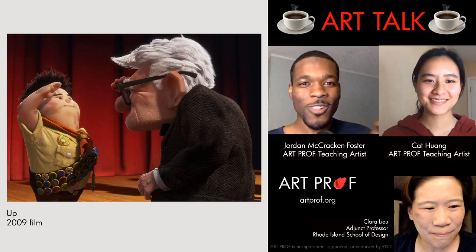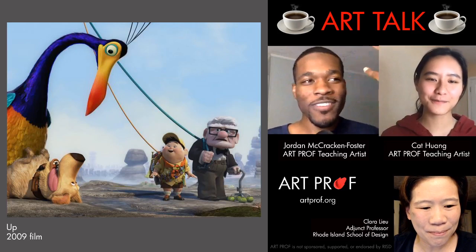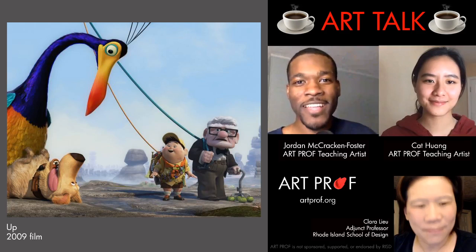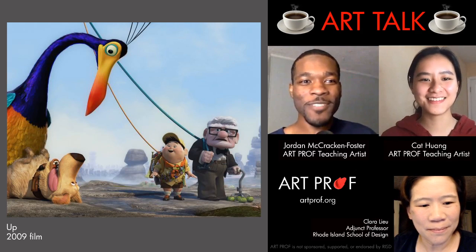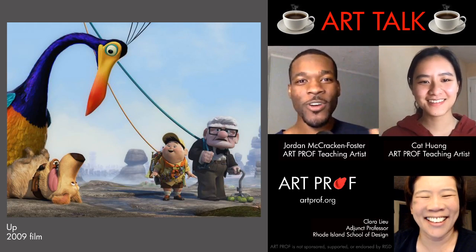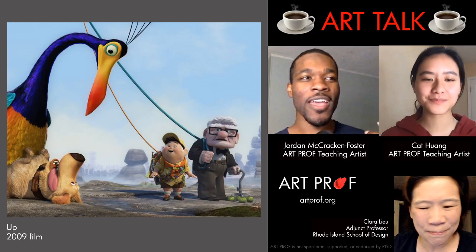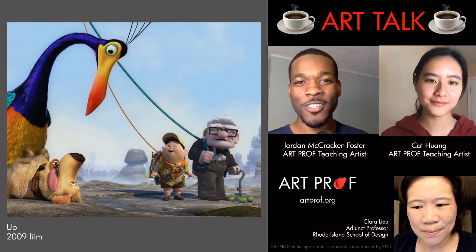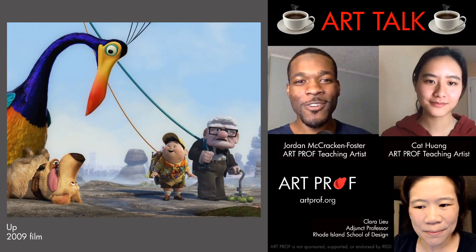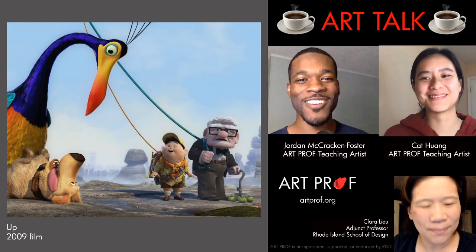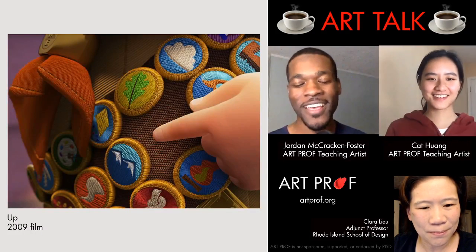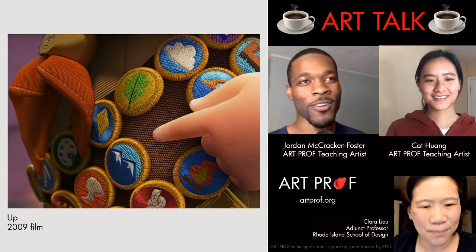But Russell, he's so lighthearted and fun, and the whole point of his character is he just wants to help the elderly to get his badge, and he's just like, Mr. Fredricksen, can I help you get across? And he's so energetic and so much fun, and he's the perfect person to go with him on this journey because he knows all the survival stuff. So it's like a match made in heaven. And I adore this movie. I remember just laughing so hard in the theater watching this.